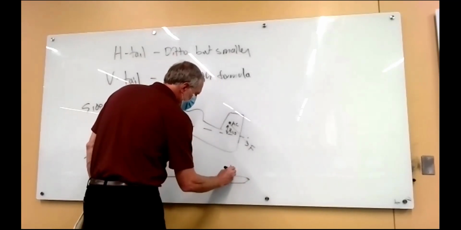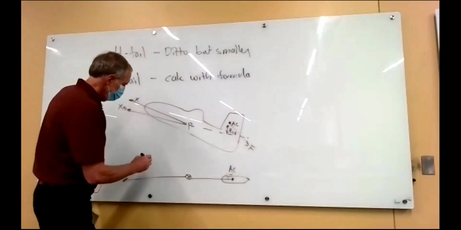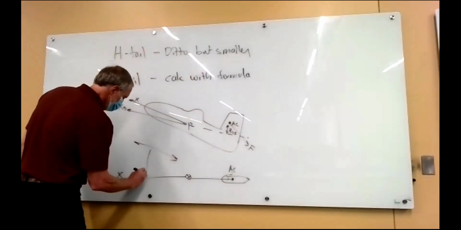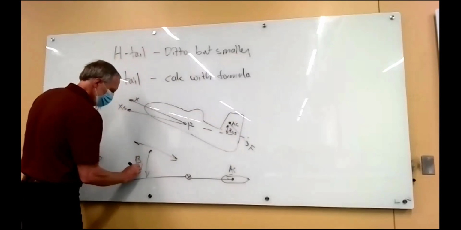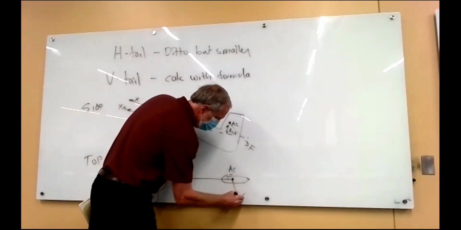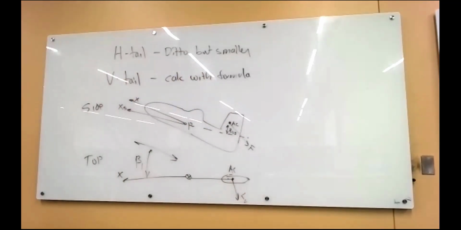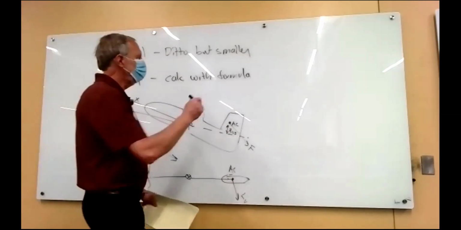So there's the aerodynamic center. So that's that point there. Side slip is coming in like this. And so we're going to get a lift of the vertical tail generated like that. And the angle of attack that generates that lift is beta. So that's what we need to do. That's all we need to calculate